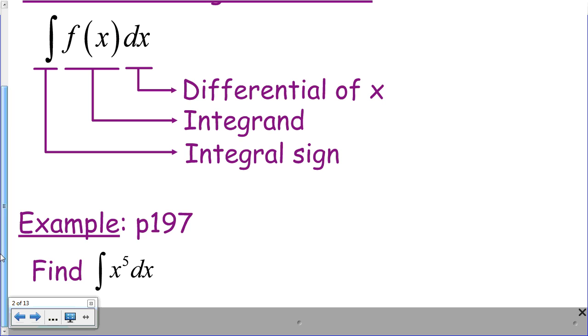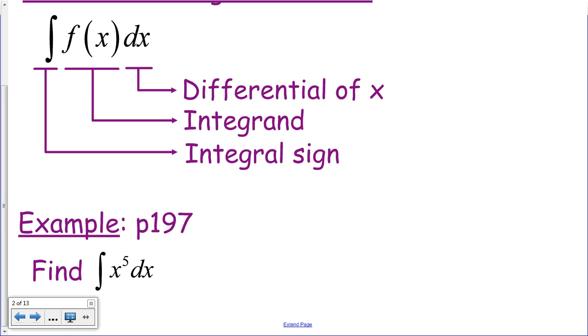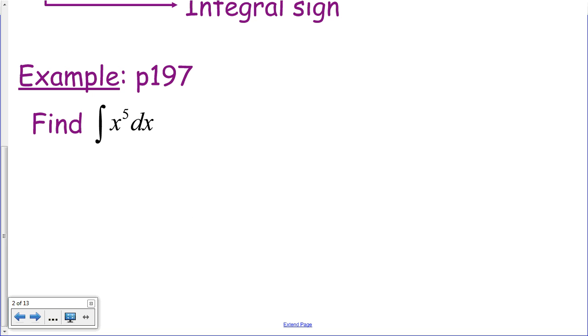So let's take a look at an example here. Let me just get rid of that. And we're going to use that formal notation here in our example, just a very simple example of integrating x to the 5th dx. Now again, indefinite integral here means antiderivative, so this is kind of like them telling us that f prime of x is equal to x to the 5th, and we want to find the antiderivative or the indefinite integral of that. So the way that we write that, the integral of x to the 5th dx is equal to,